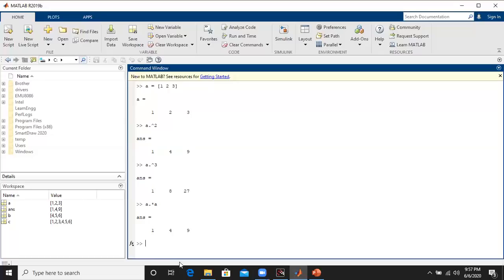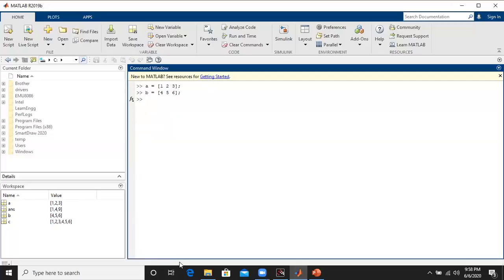At the same time, we can also multiply element by element, with respect to the positions of different vectors. For example, let us clear the screen. So A equal to 1, then 2, then 3, then B equal to 4, then 5, then 6.